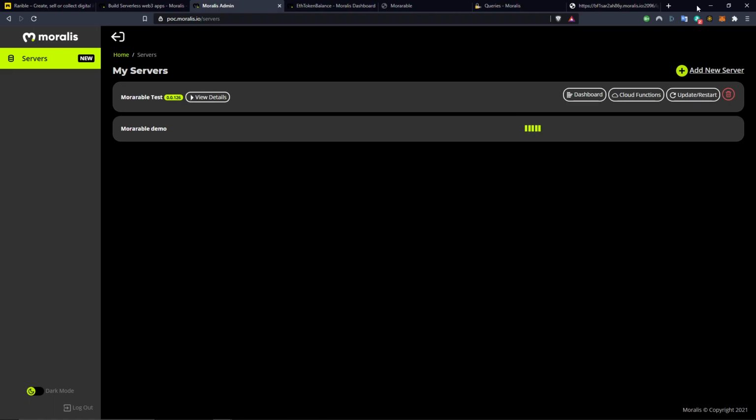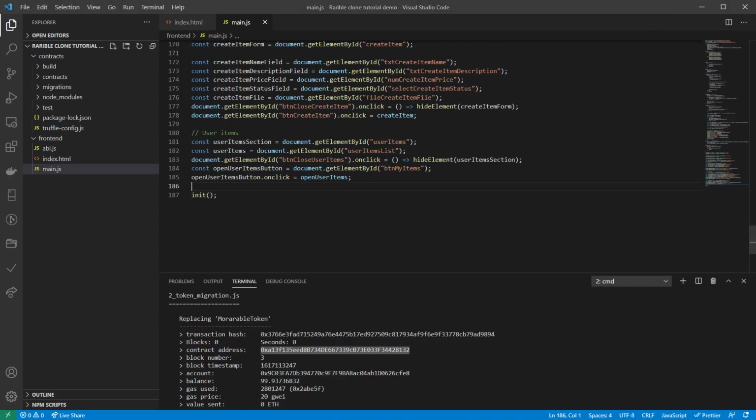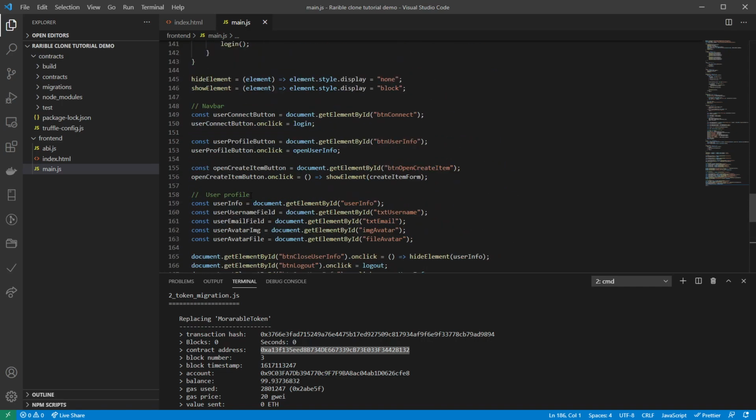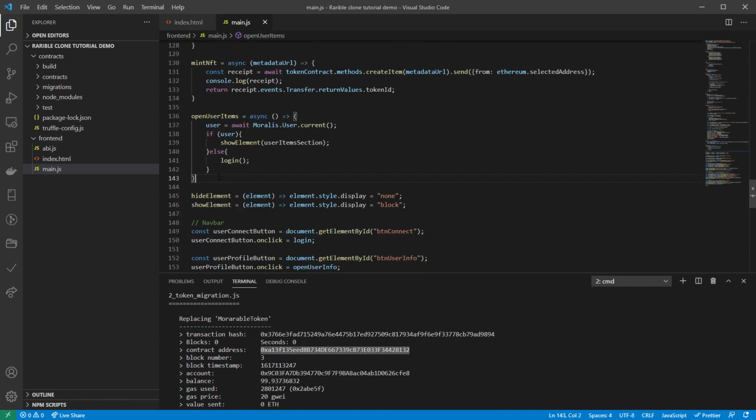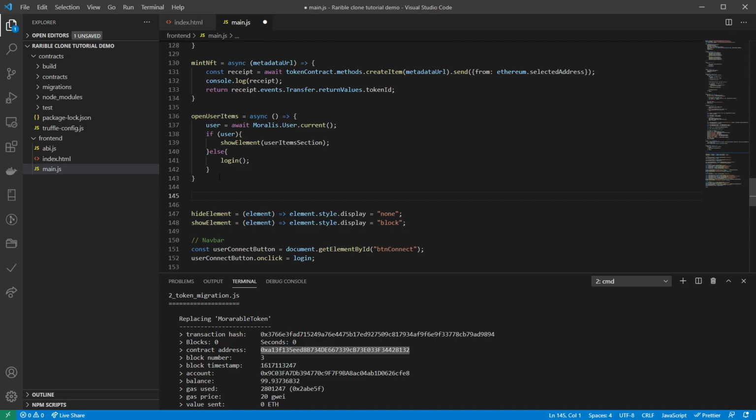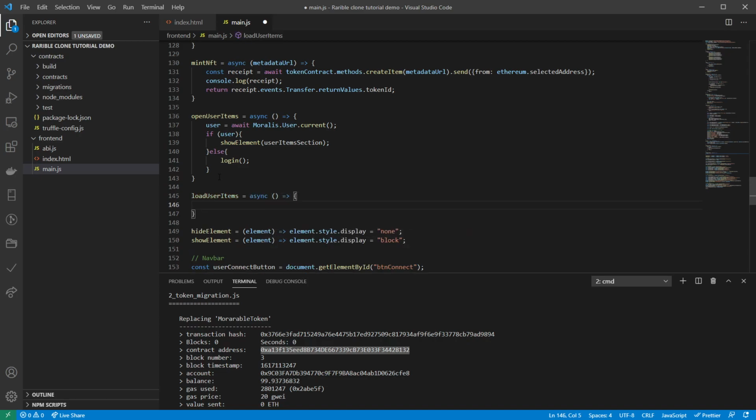So while this is updating, we can go back to our Visual Studio Code, and then we can write a new function that will retrieve these things. So we can do a new function called load user items and set that equal to an asynchronous function. And inside here, we will call our cloud function, and we will do that by calling const owned items equals await